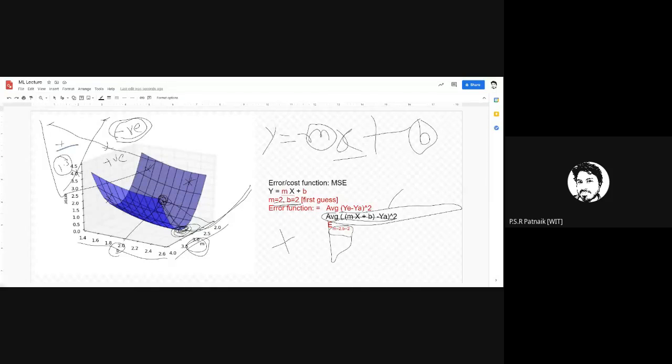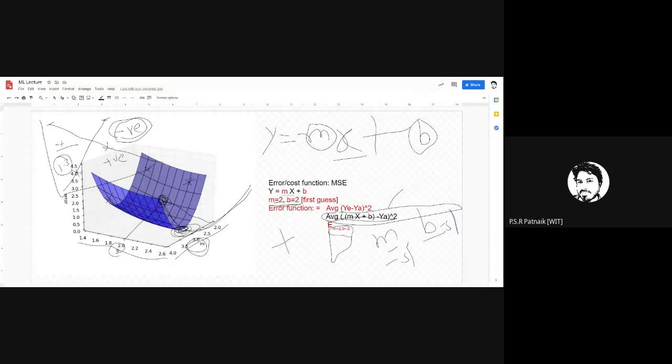So what I need to do is, from the given M and B values, whatever M and B values I have assumed, I need to subtract the slope value. So when you keep on subtracting the slope value, it will automatically take you to a point on the surface where the surface has the lowest value. And that lowest value is where we have to stop our training, because technically it is not possible to get better performance than that.